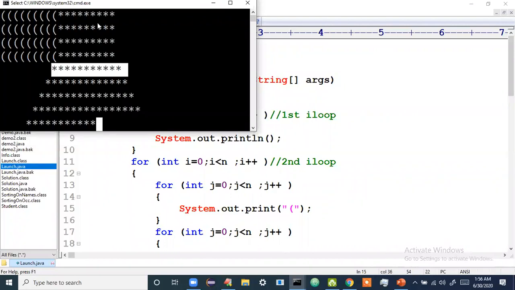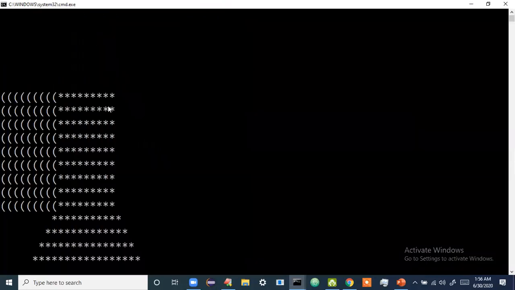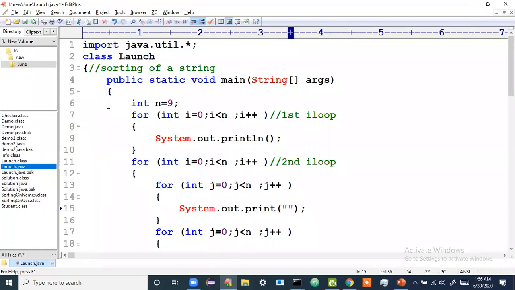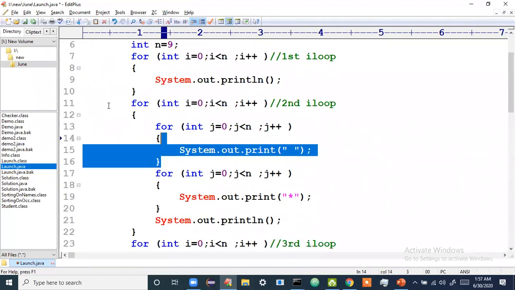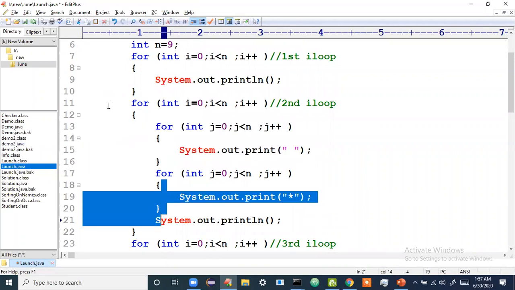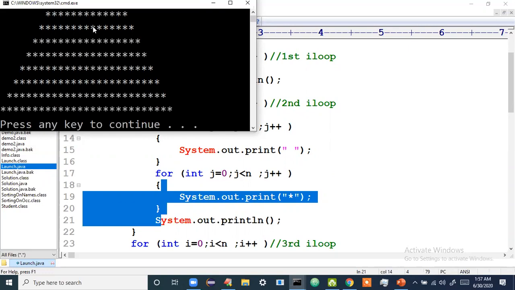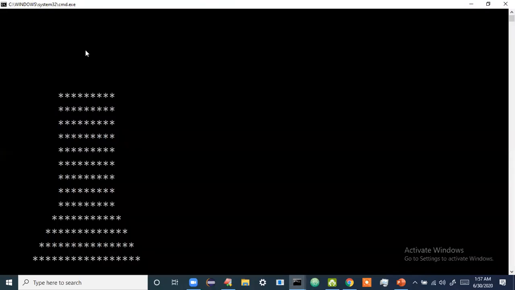So if you notice, don't you think we have got this shaft where we want it? Yes. Whatever you're seeing, the closing brackets and opening brackets, I'll be replacing that with spaces. So that is what you have to do. First, don't write an empty string, give one space there. So in the second I loop, first what should come? First space should come. After space comes, then star should come. In this way, if I write it properly, I'll get that shaft. Okay, so if you notice, see, we have got the shaft, right? Now the top part we have to do.